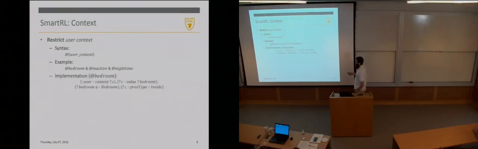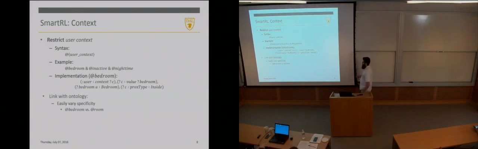Just to illustrate, this is a little bit more verbose even than before. So this is how this expression expands to. You can see this is already starting to become a hassle to write this all down. So that's, again, our rationale for this SmartRL rule language. These kind of symbolic context references are made possible by, or linked to, our underlying ontology.